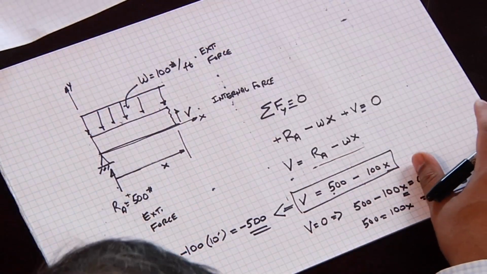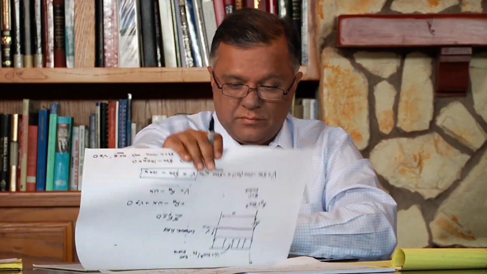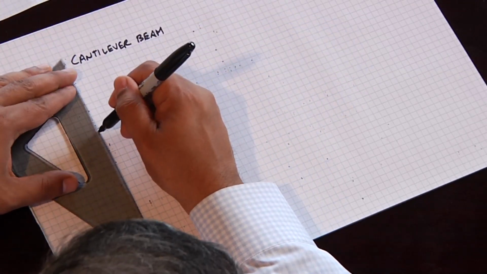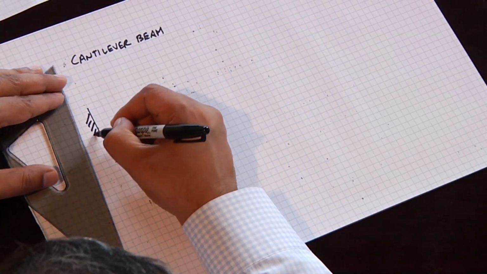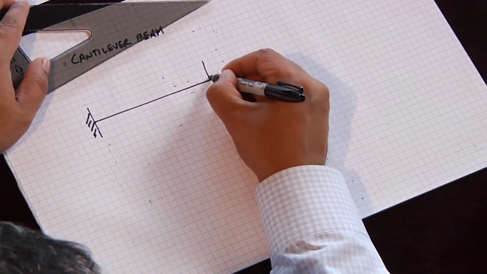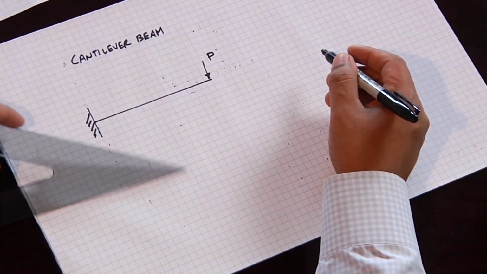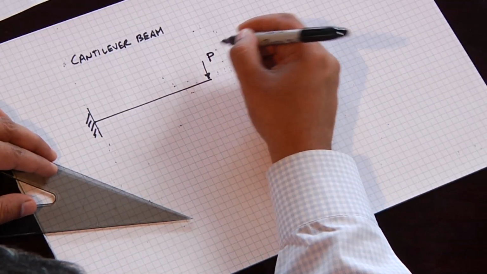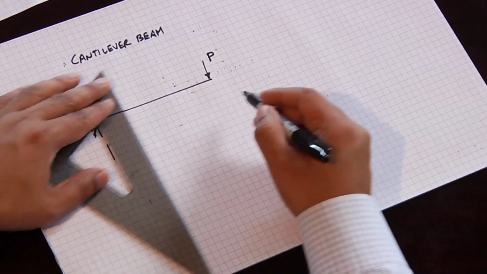Let's take a look at another example. Let's take a look at an example of a cantilever beam. So a cantilever beam is a fixed support beam which has a load on the end. We'll make this a very simple example. So here again we have a load on the end, we have a certain span,